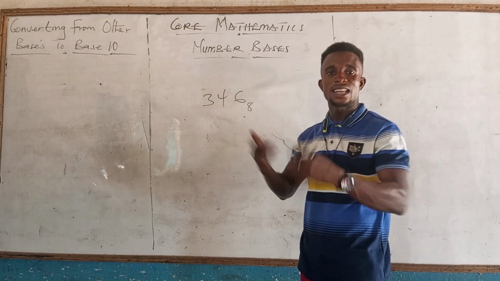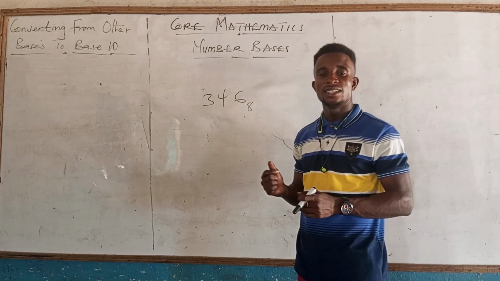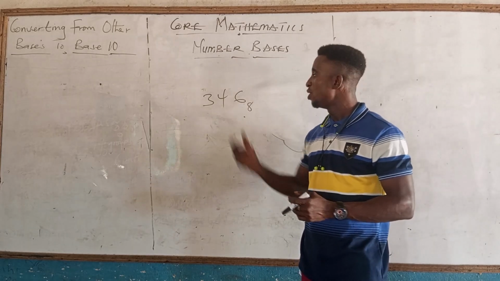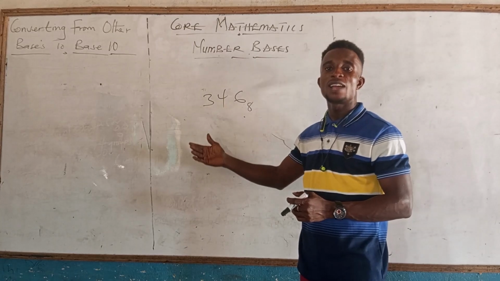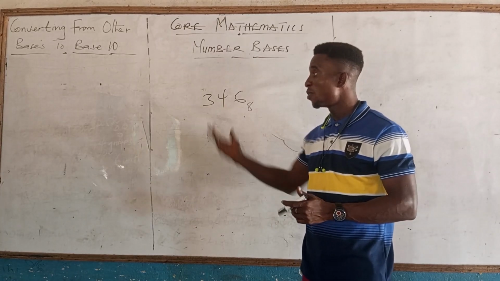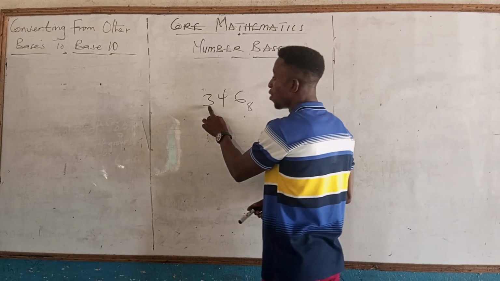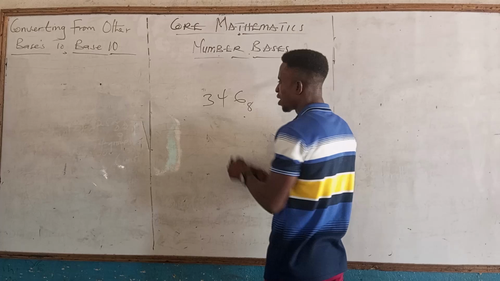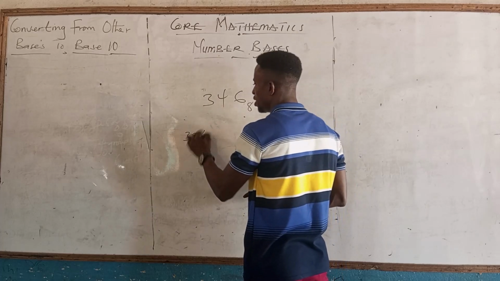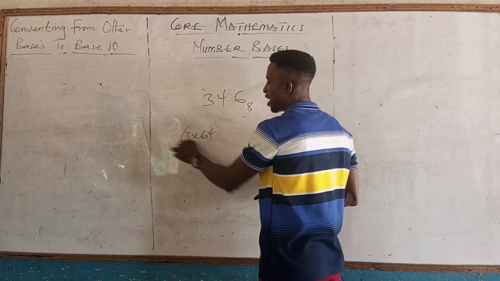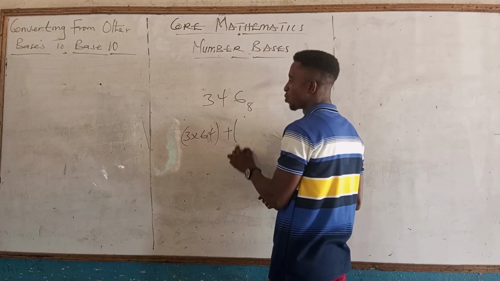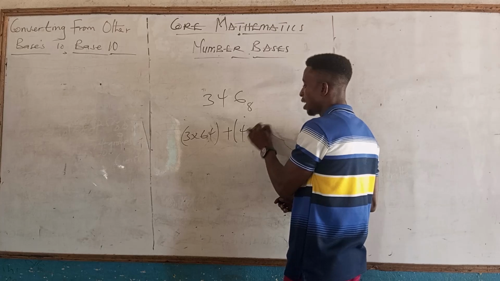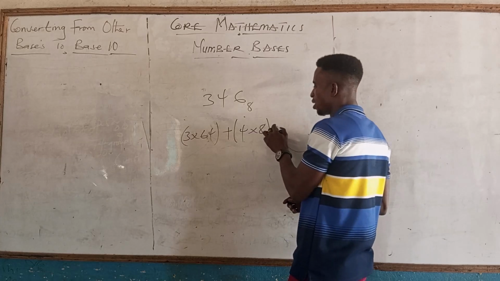We were having a certain number of units that we grouped. And I said, to get something like that, what are we supposed to do? Use the group to multiply the place. That is what we were doing. If we are having 3 groups of 64, then this one can be written as 3 times 64. Please, do we get that? Yeah. Then I can say plus, this one too is 4 groups of 8. So I can say times 8. Oh, then plus